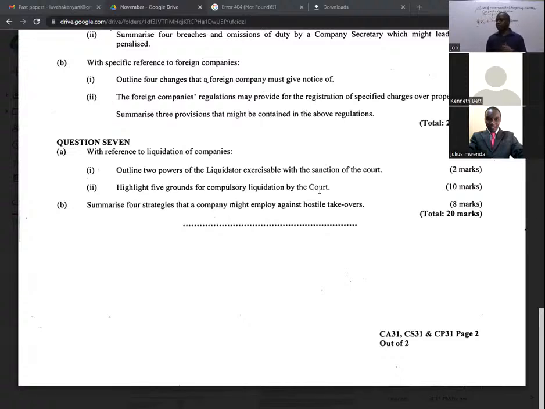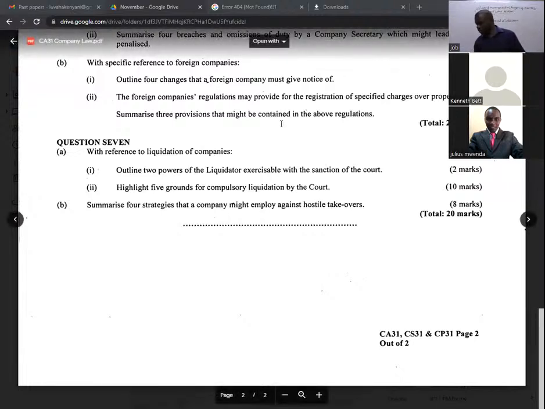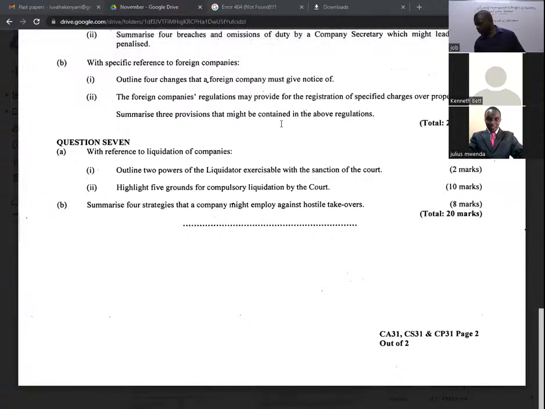So the strategies they are employing to acquire another firm like Airtel or Telkom are not in a friendly way. They want to frustrate or dominate them so that they can acquire them very easily. Since they are very desperate, they'll be able to acquire them. If they use such strategies or techniques, then we say they are doing what we call a hostile takeover. So in this case, what can Airtel or Telkom do to avoid that hostile takeover?